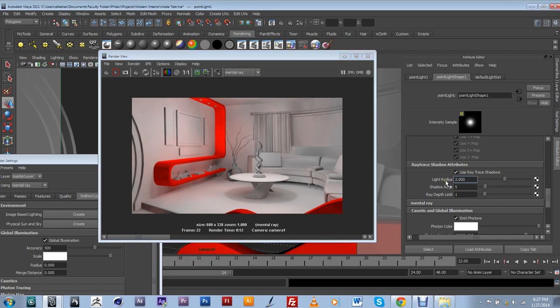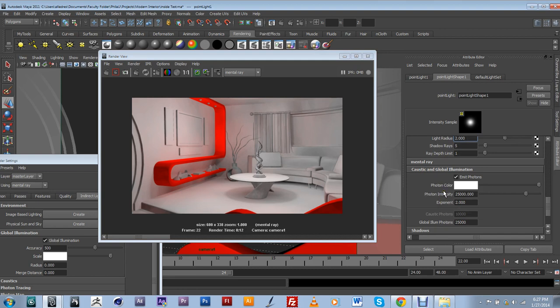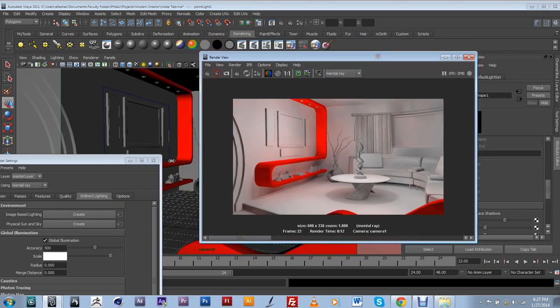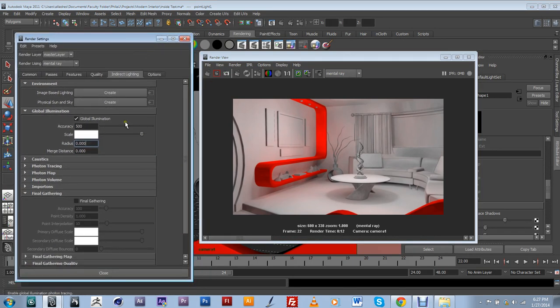And, you know, increasing the photon intensity might help, but then again, it might also make my scene a lot brighter than what I want it to be. So we're using global illumination to recreate this indirect lighting effect on our scene. But what usually works best is not just using one method of indirect lighting, but two at the same time. So usually I like to start with global illumination to give me this nice bouncing of the lights, and